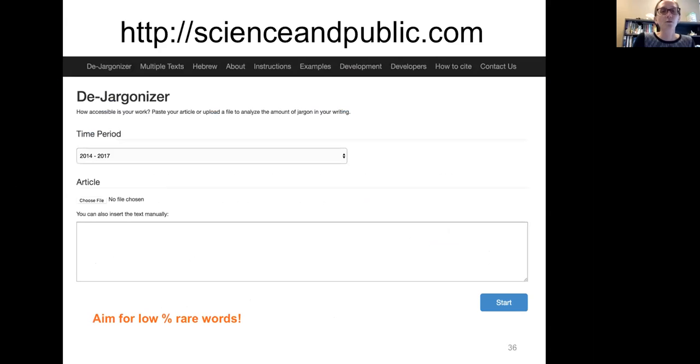So this is one tool that we've used to look at jargon, or the percentage of rare words. It's called the dejargonizer. The website's on top, and you can cut and paste your text in, and it will give you the percentage of rare or common words, and gives you a sense for how much jargon is there.